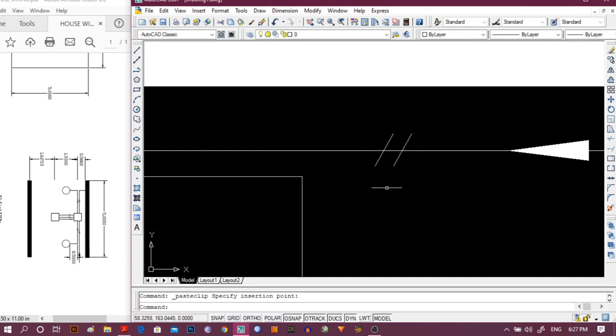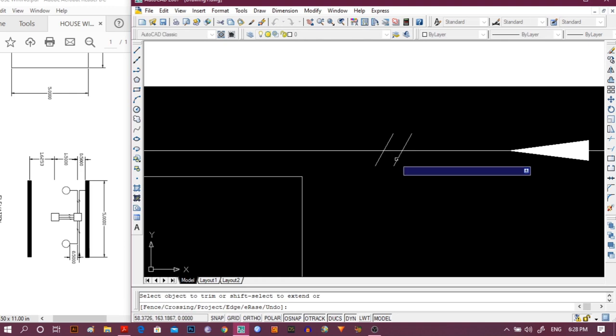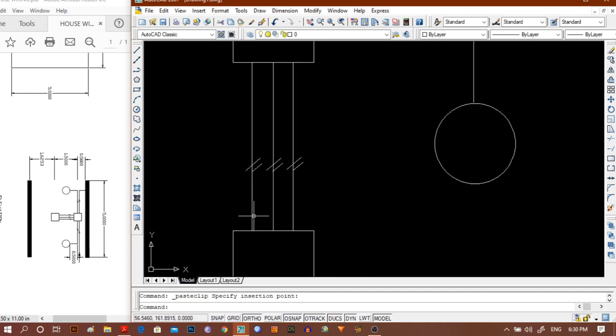Now as this one is phase and the other one is neutral, we have to make this one a neutral sign. Okay, fine, we have made the plan.